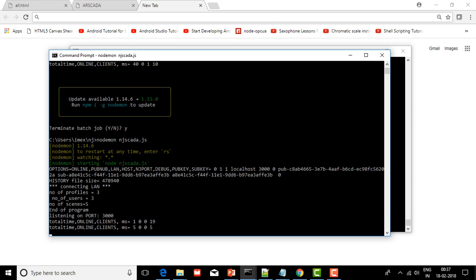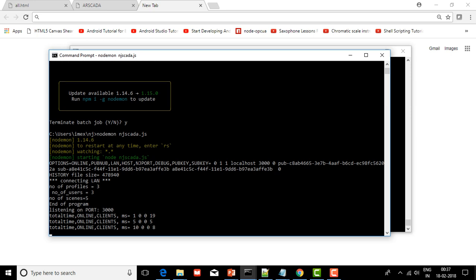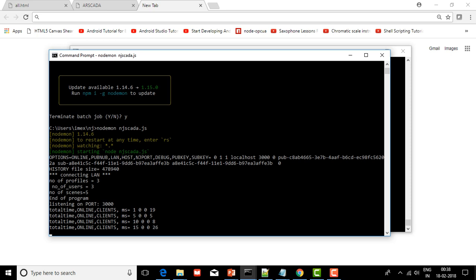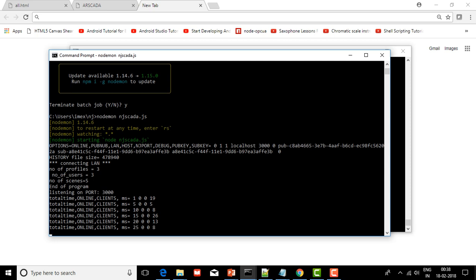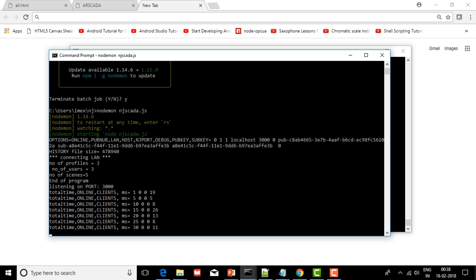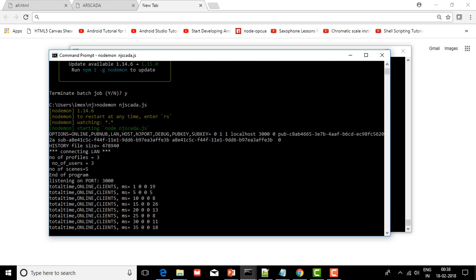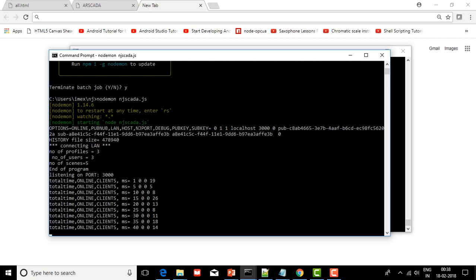Now as you can see, the NJ-SCADA server has started, and it is sending the packets to the local clients as well as to the PubNub server every 5 seconds. So this is the time in seconds, and this next flag indicates whether you are offline or online. 0 means you are offline, and the third parameter is the number of clients connected. So right now there are no local clients, so it is displaying 0, and the last parameter is the